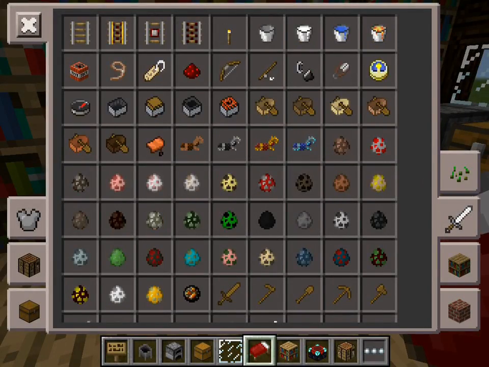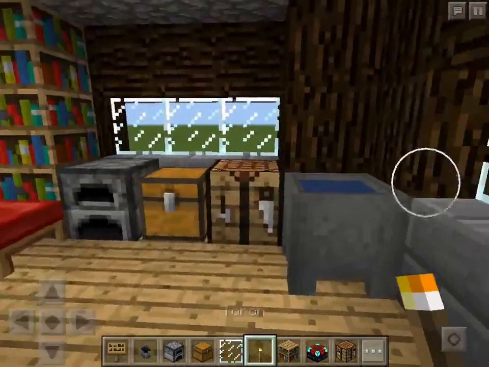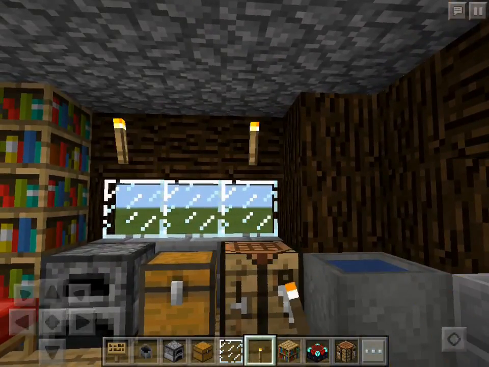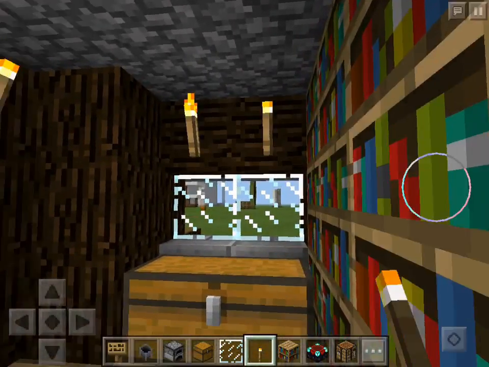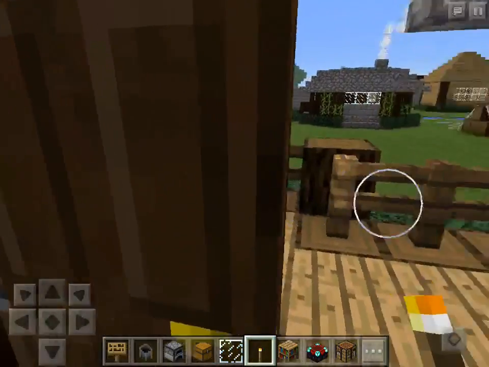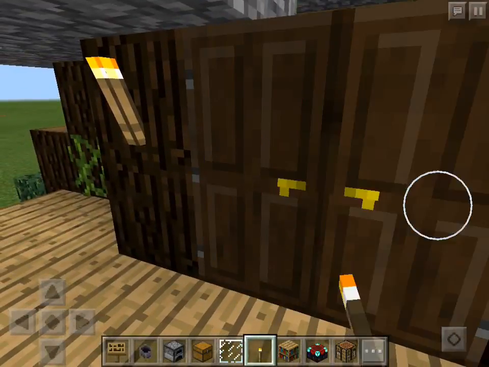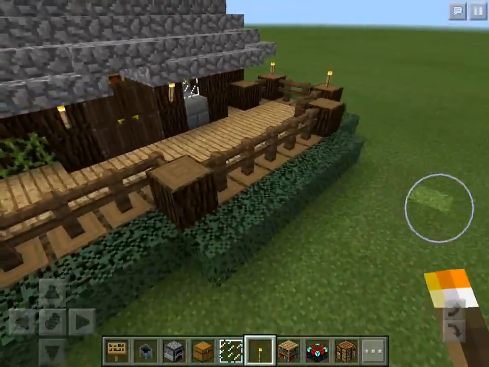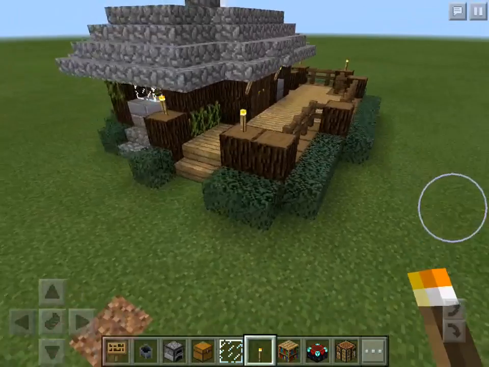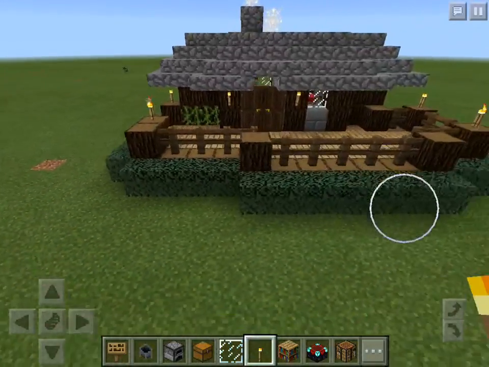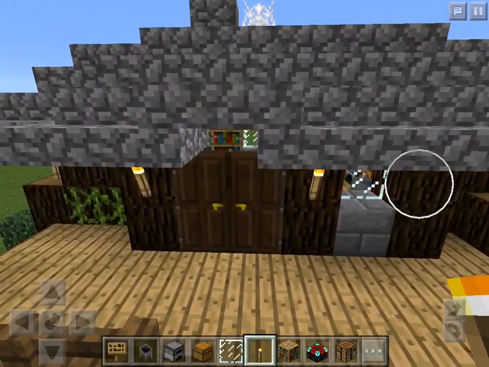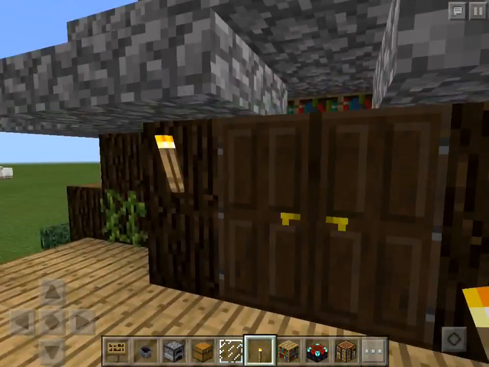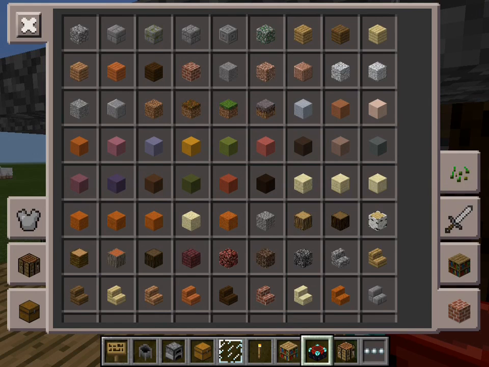And then, you know, everybody needs light in their house, so put torches there, put torches in the door frame, and put torches over there. And then, if you guys prefer, then we can put some